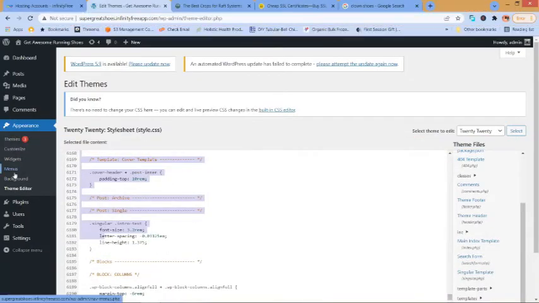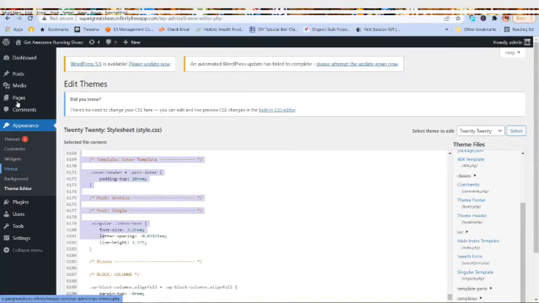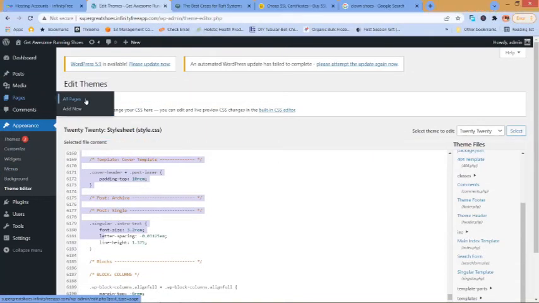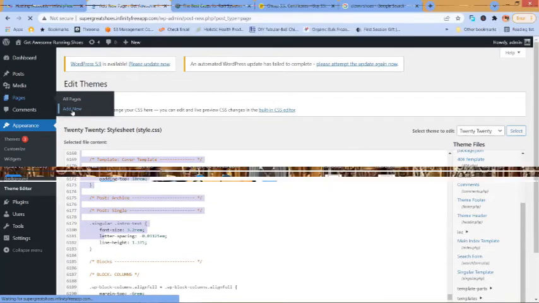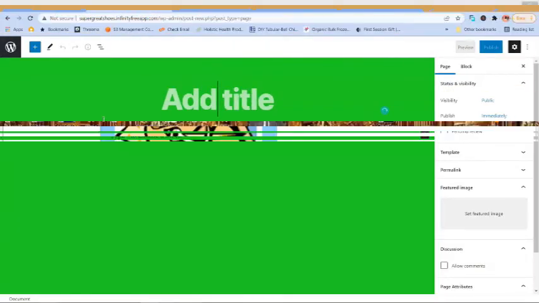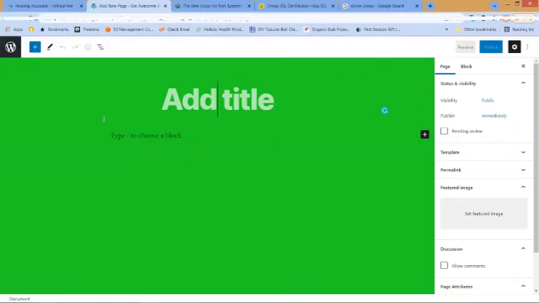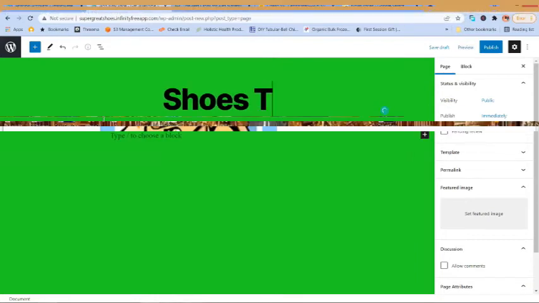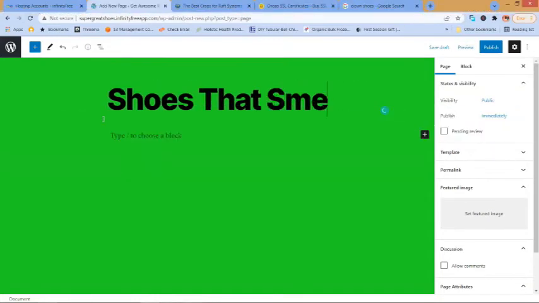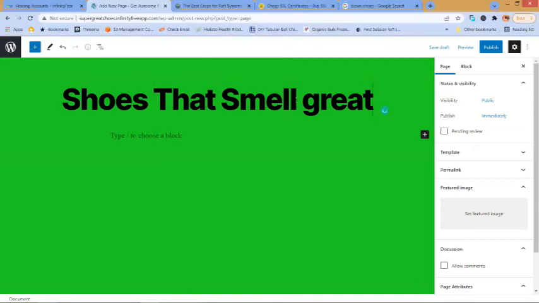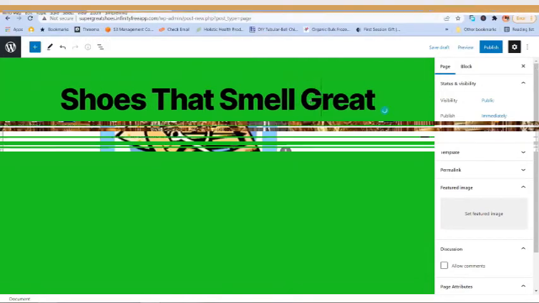So now let's begin making our first page. So we're going to go up to page. If you click all pages, it's just going to list every page on the site. We're going to click add new. And this brings us into your basic WordPress block editor. You got to create a title. Again, the title should be relevant. Something relevant to whatever it is and the reason a reason they might want to